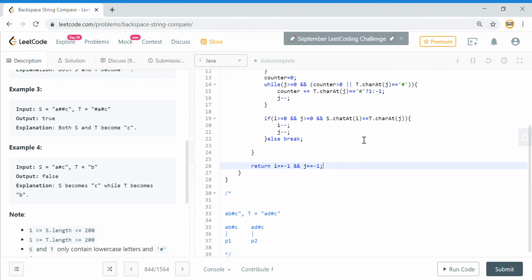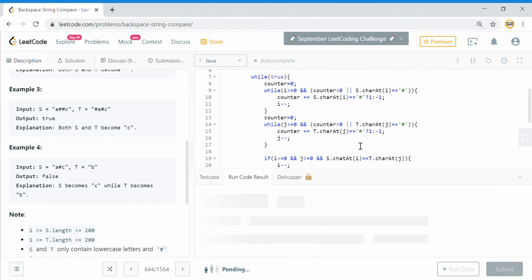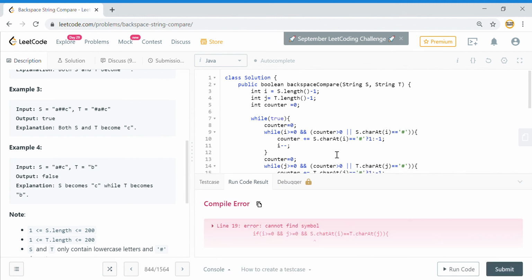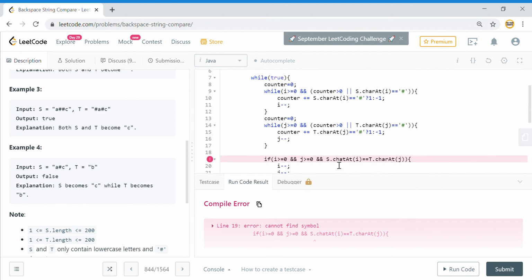So that is it for this. Let us try to see if the logic is correct. Something is wrong here. It could not find symbol s.